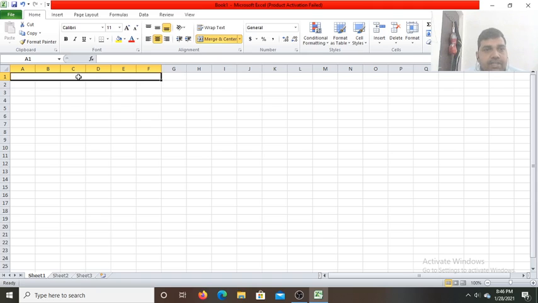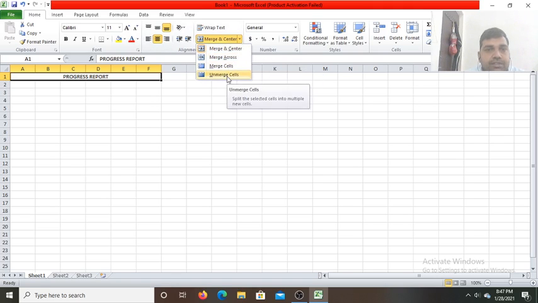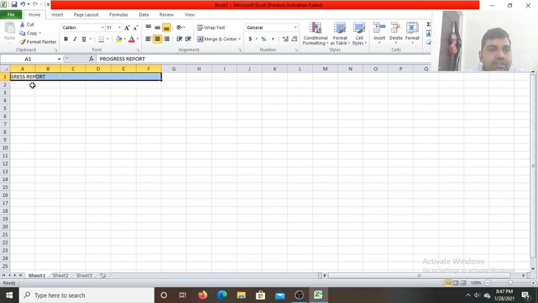Now here we type some text. Suppose we are writing the progress report. As you can see, it is appearing horizontally in the center. Okay, so this is called merging of the cell. Now if you want to unmerge this again, click on this Sheet 1 tab. Now again it will be highlighted, and there you click on this arrow. Now you'll find the unmerge cells option. Click on this. Now see it is unmerged. Now this is in a single cell.